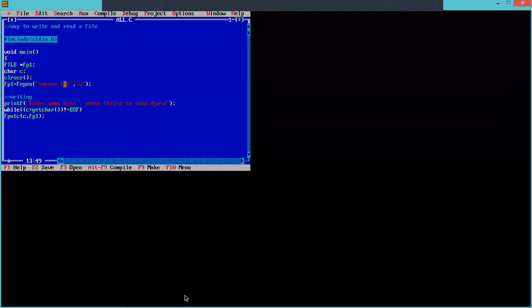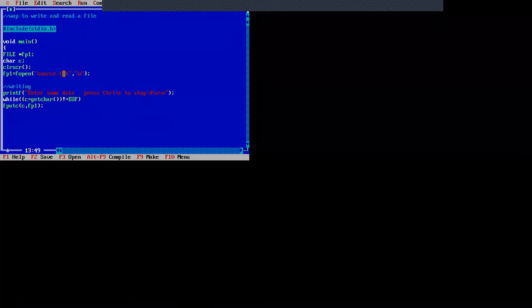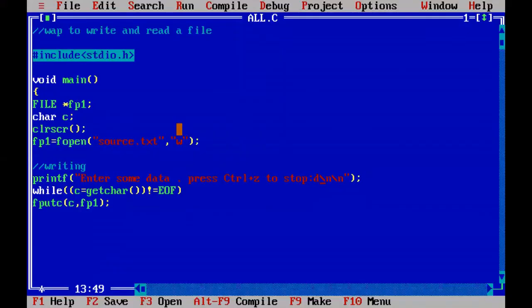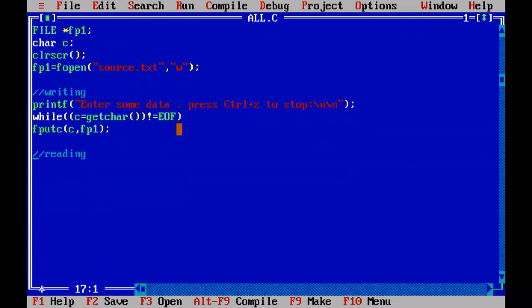Now, from that same file, you have to read the data and show it on the monitor. How to read? Now we are writing the code for reading the data, and we are going to print that data from the file.